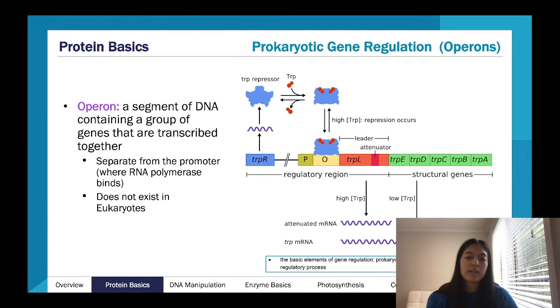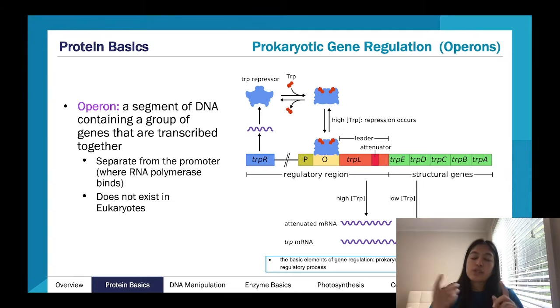So hopefully that kind of makes sense. I think attenuation is a little bit of a tricky process. It does take a while for it to sink in. The main thing of this is obviously gene regulation, but again, step back and think, why does Vika want me to learn about this? A big part of this as well is to understand that attenuation can happen